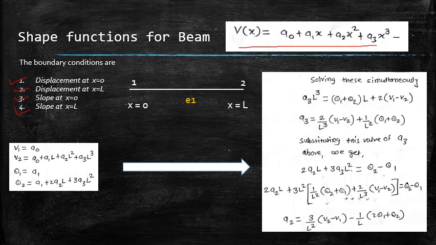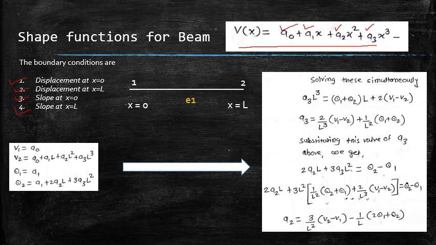If we apply these boundary conditions to this displacement model, we can easily find out the values of coefficients a0, a1, a2 and a3. So there will be four simultaneous equations and we have to solve these equations. So here a0 becomes V1. V1 is nothing but V at x is equal to 0. Why x is equal to 0? Because V1 is V at local node 1,